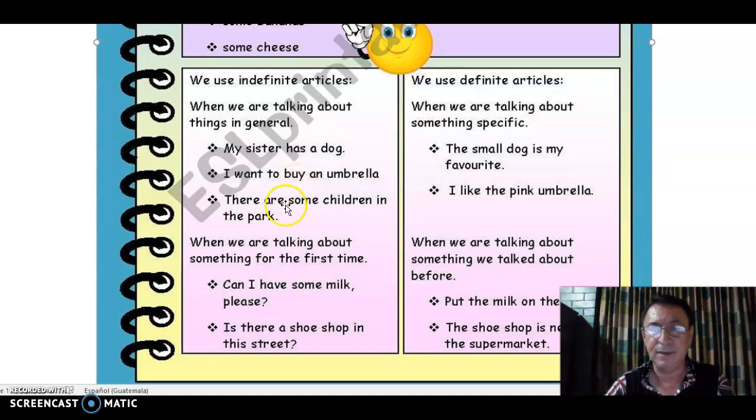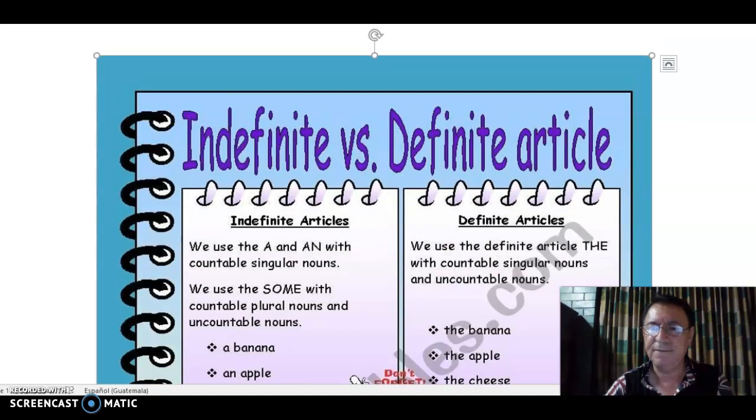It is not specific. We also use them when we are talking about something for the first time. Examples: Can I have some milk, please? Is there a shoe shop in the street? Okay. And now we are going to see the